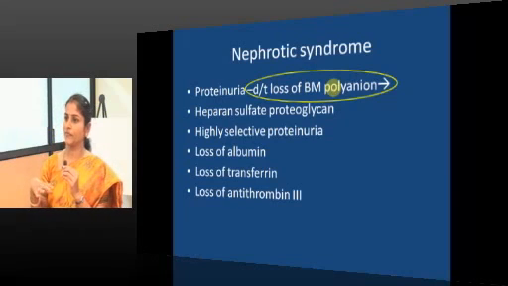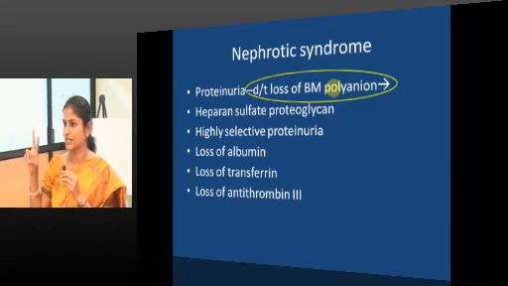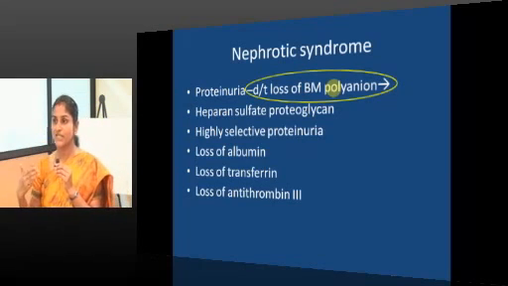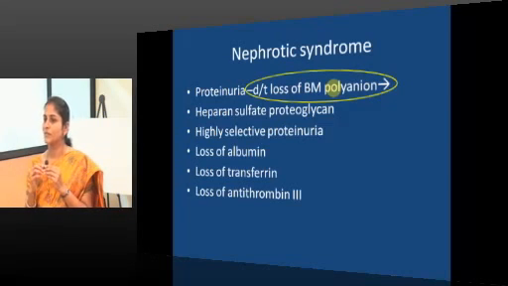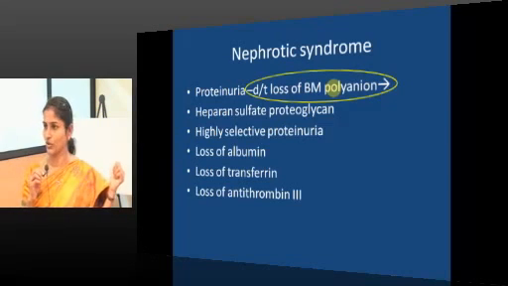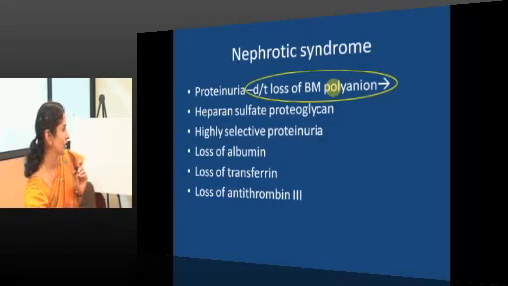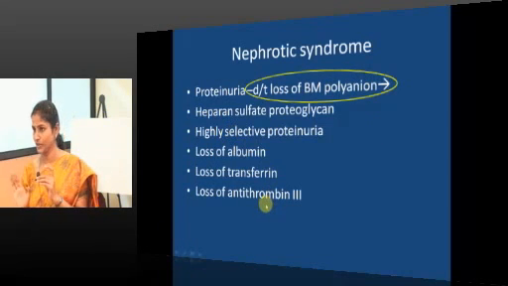Heparan sulfate will coat the basement membrane, which will give the charge for the basement membrane. Substances are usually filtered based on two properties: one, size; the other, charge. So this charge-based filtration of the glomerular basement membrane is due to the presence of heparan sulfate molecules that gets lost in nephrotic syndrome with the resultant loss of protein in the urine. And one such protein getting lost along with albumin and transferrin will be your antithrombin 3.